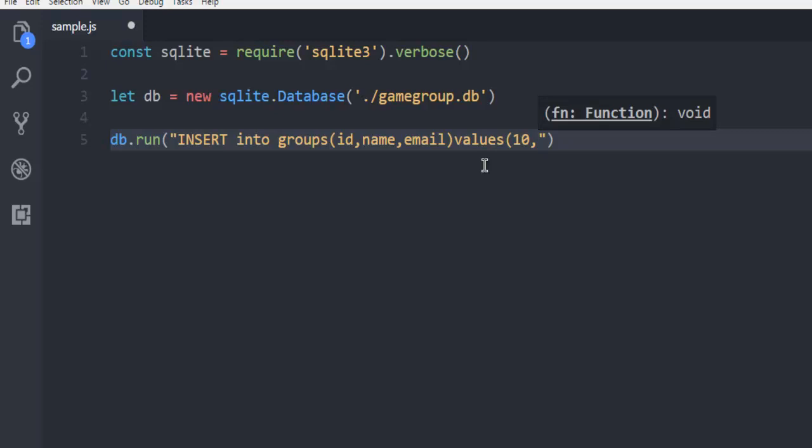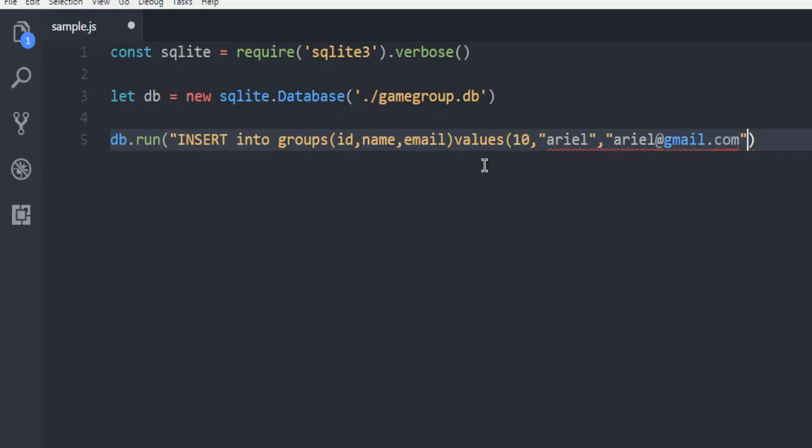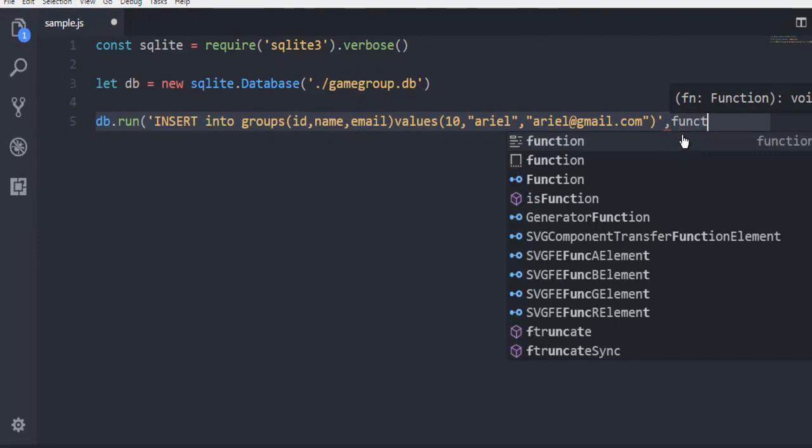Okay, and then I'm going to use double quote where I'm going to use name as, let's say, Ariel, and email ariel@gmail.com. Okay, so after that you can also make sure to use single quote for query. Okay, and don't forget to close this, then again single quote, and then your comma, and here you should use